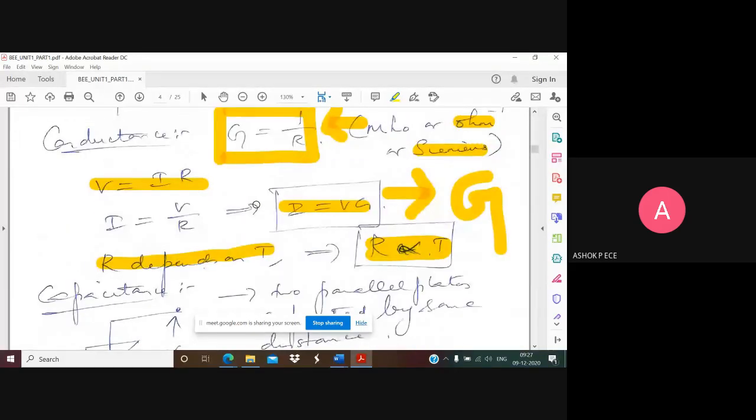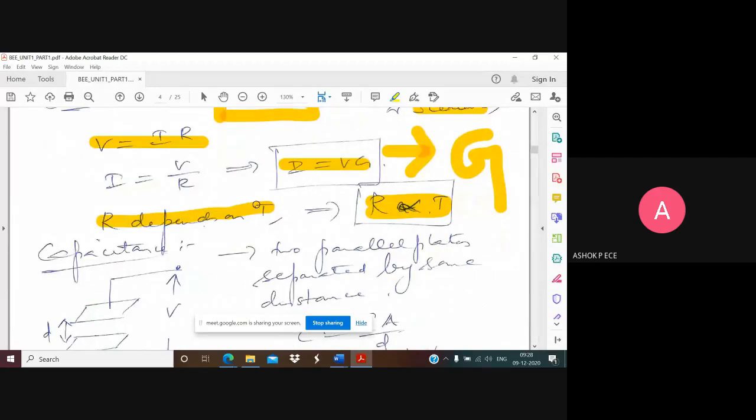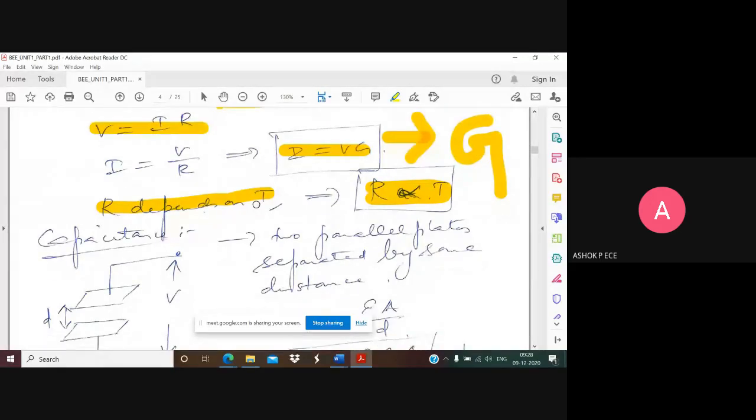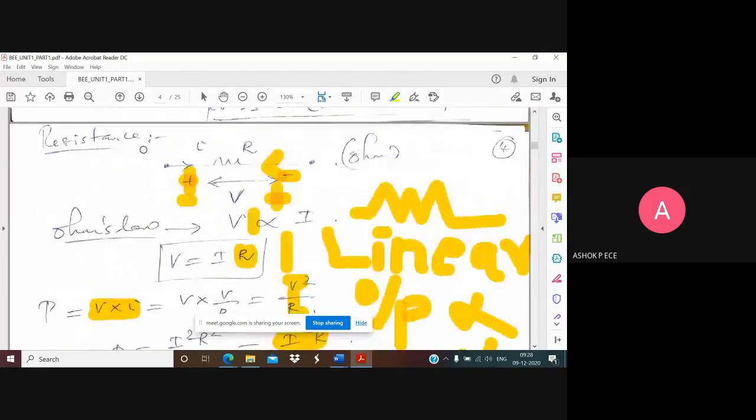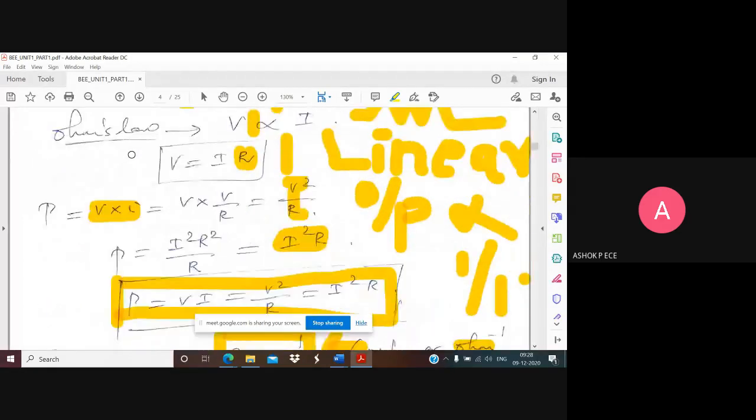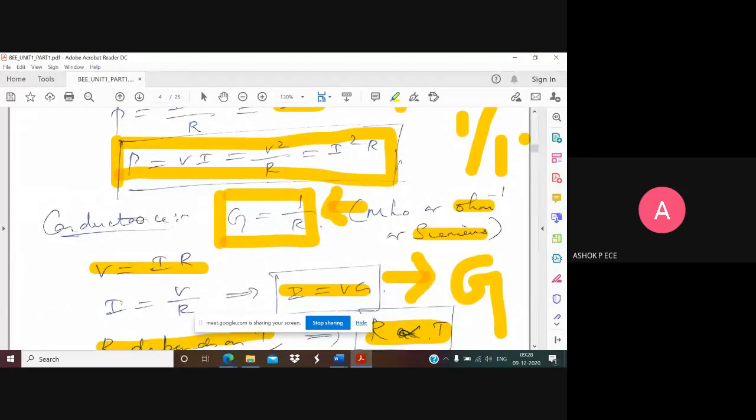That's why in all these, Ohm's law, conductance, everything, we consider the environment to be room temperature, so that we need not worry about the botheration of temperature variation of resistance. So in all our circuits, we'll assume everything is at room temperature. Resistance is assumed to be a constant parameter, but actually resistance depends on temperature. Please understand that. So the first component we've studied is resistance, and the dual of resistance is conductance. Dual means what comes for resistance in series will be conductance in parallel.